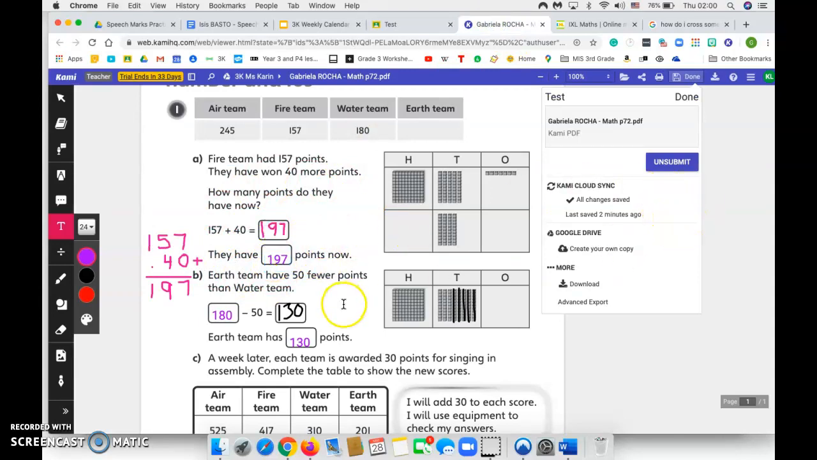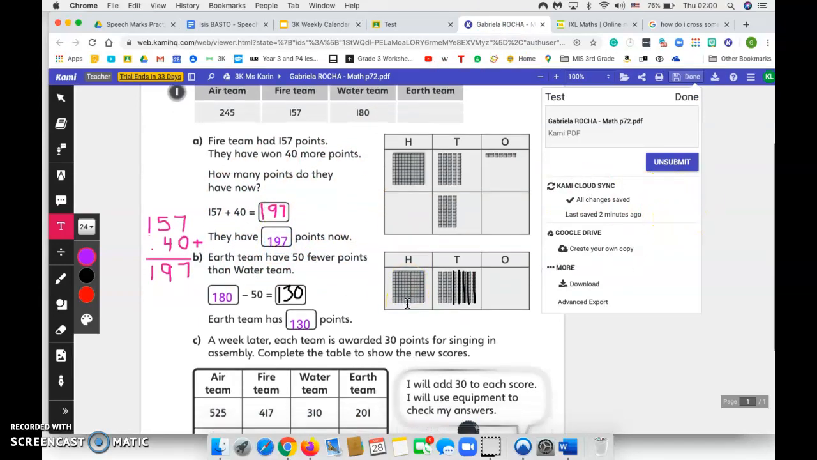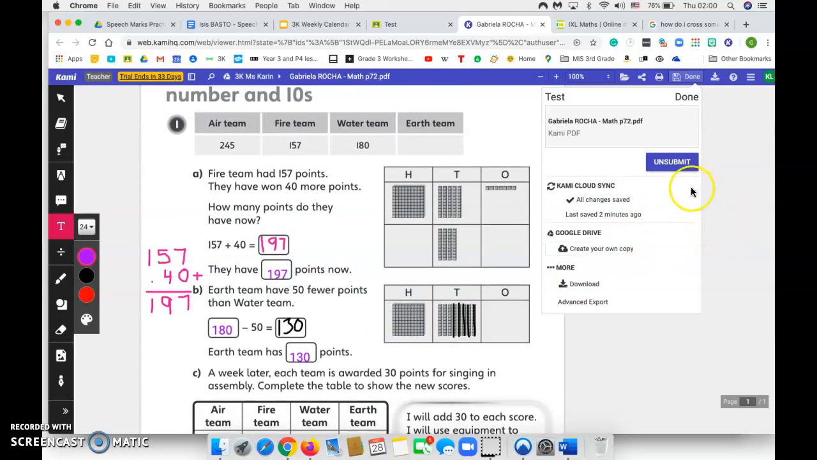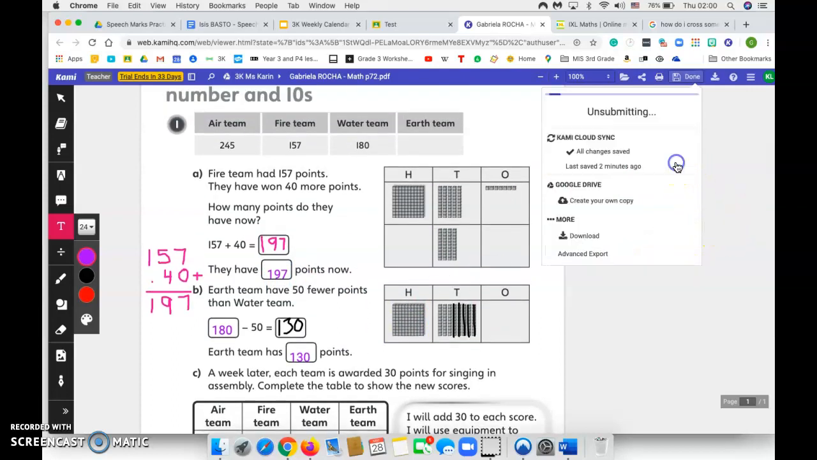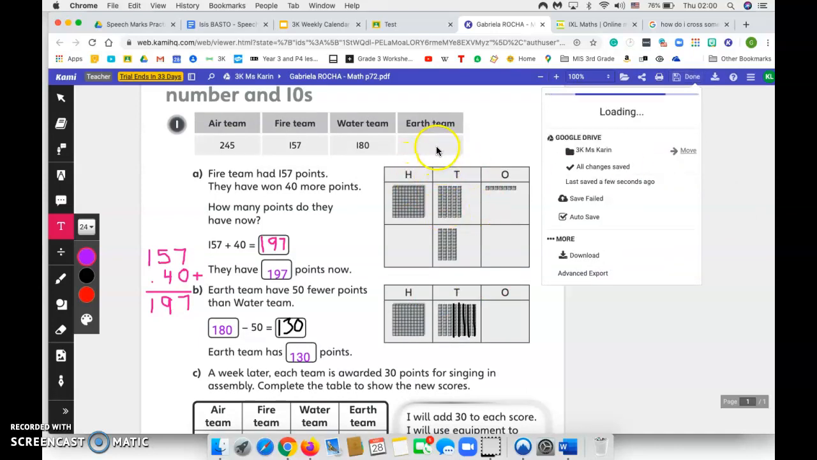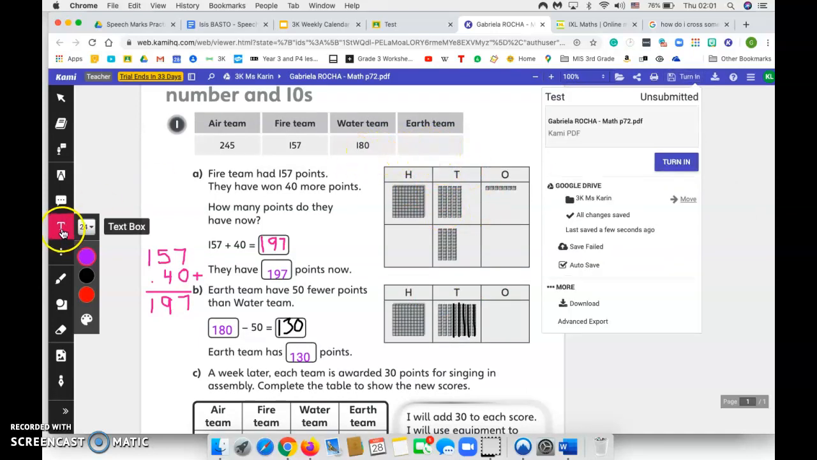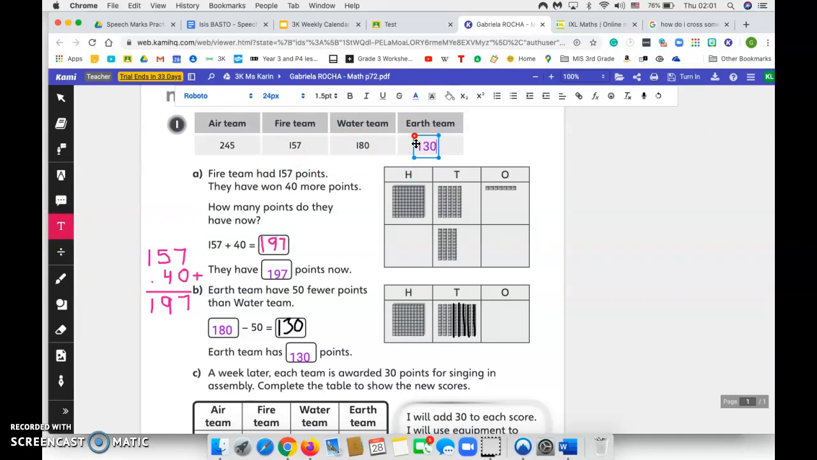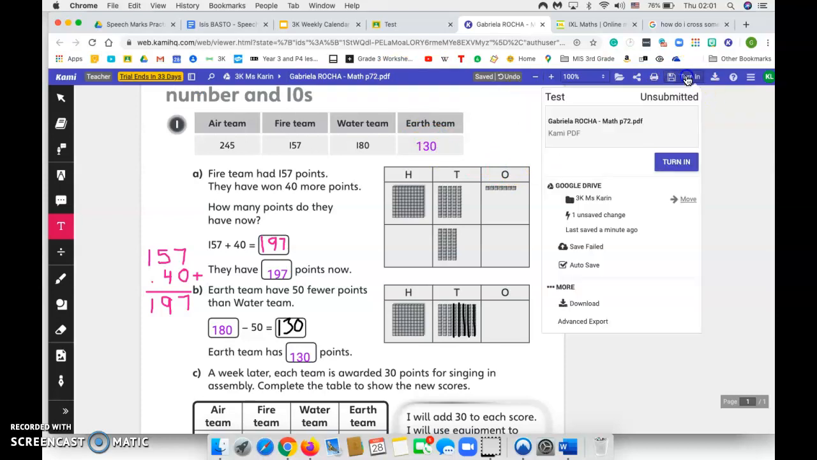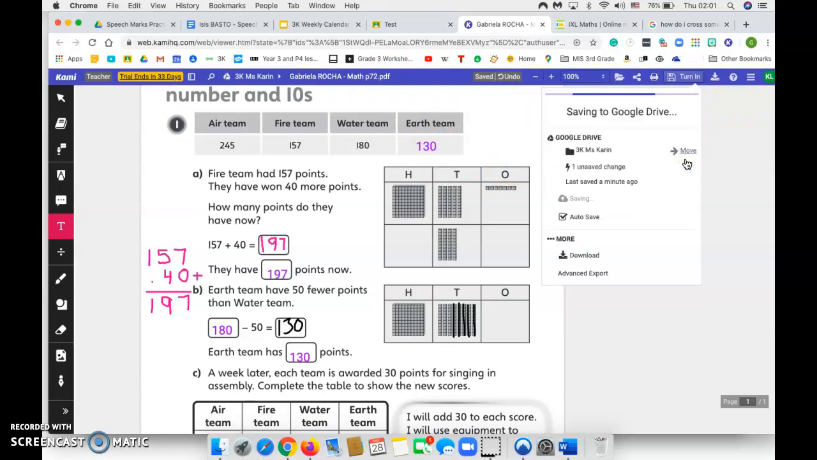And let's say you decide, oh, darn it, I forgot something. You can come back and you can unsubmit it like that, and you can continue working on here. So you can say, oh, I forgot to say what their team, how many they had, 130. Okay, now I'm done. Okay, now I can, by the way, turn it in again. There we go. Woohoo! Turned in,